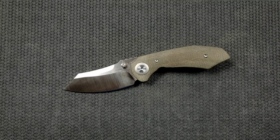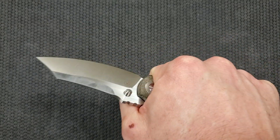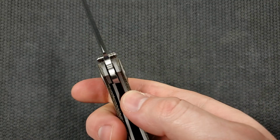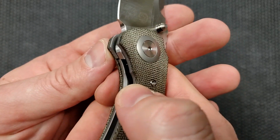Though while we're on the topic of frame locks, it does actually help ensure that the lock stays in place. I just prefer this in terms of, if I'm really going to use it hard, it's nice to know that I can just squeeze this as hard as I want, put as much pressure on that, and it's not going to affect the liner lock. There is no lock stick whatsoever. Very easy to access that liner lock and